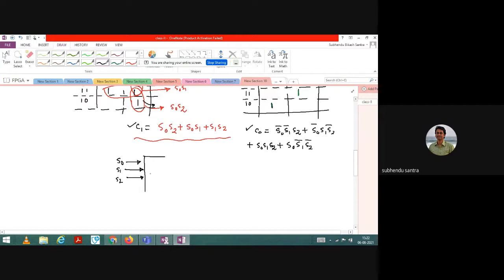So let us say S0, S2: you can have one AND gate. Then S0, S1, you can have another AND gate. Then S1, S2, another AND gate, and these three AND gates go to one OR gate, and finally you will get this circuit that will be C1.